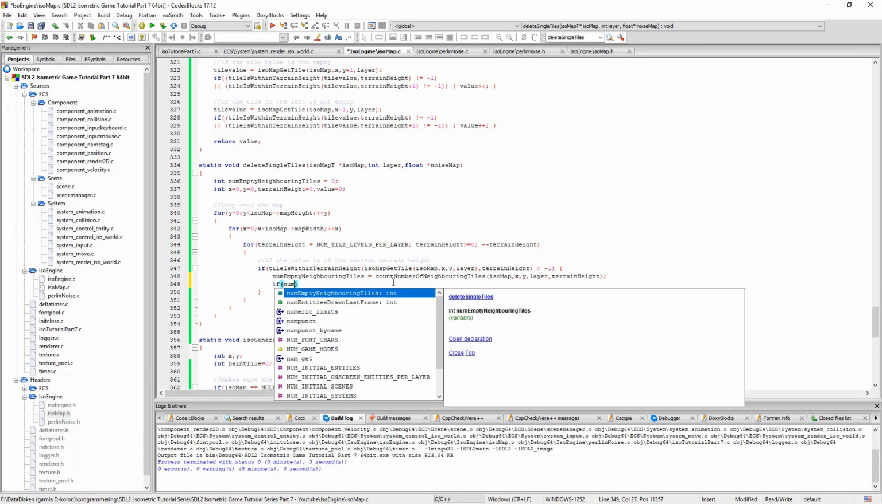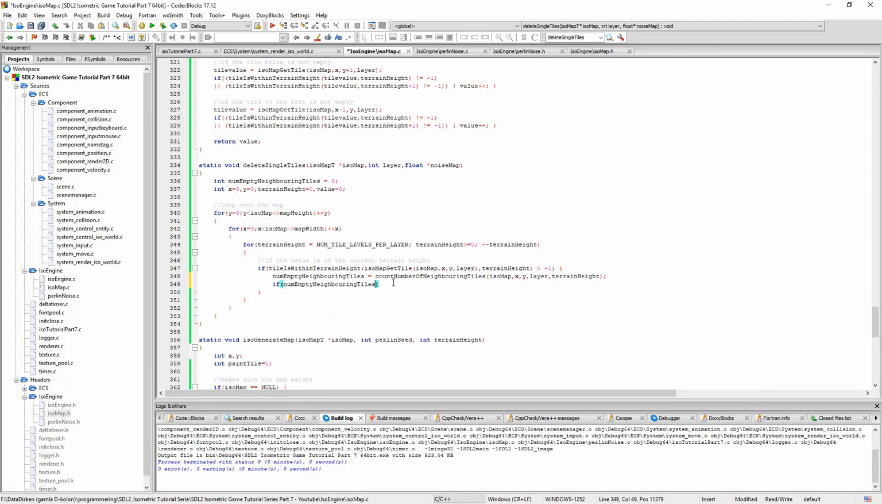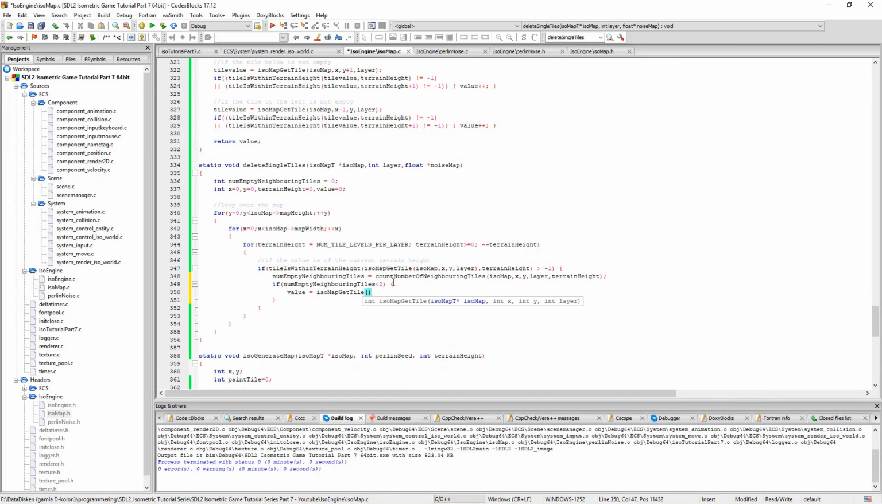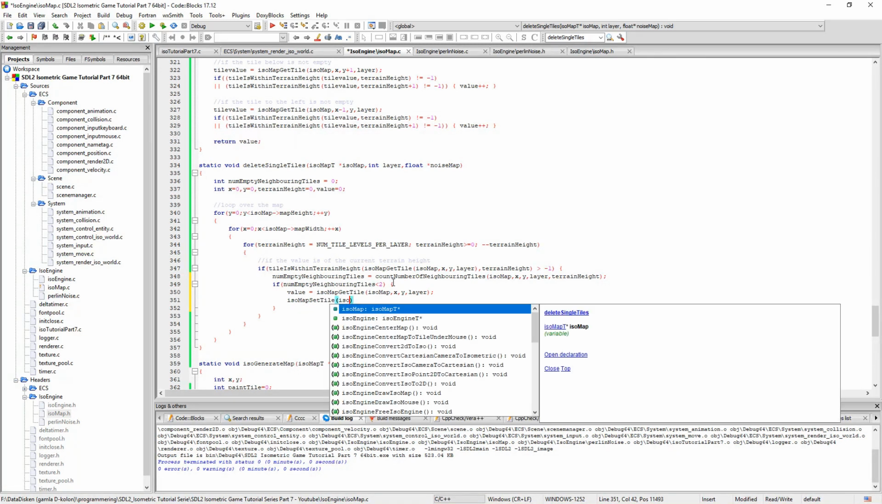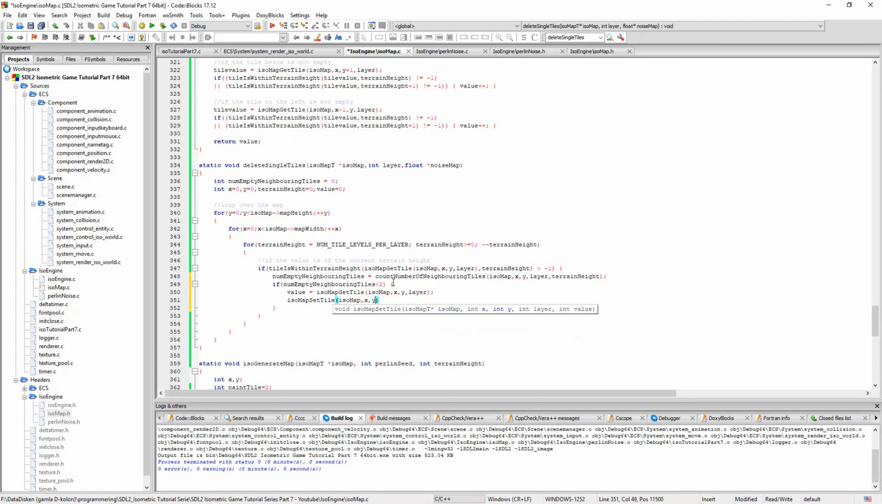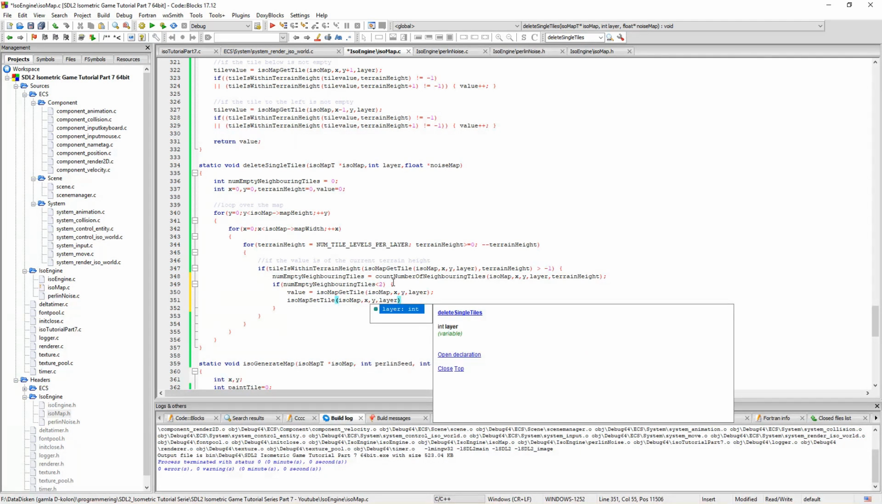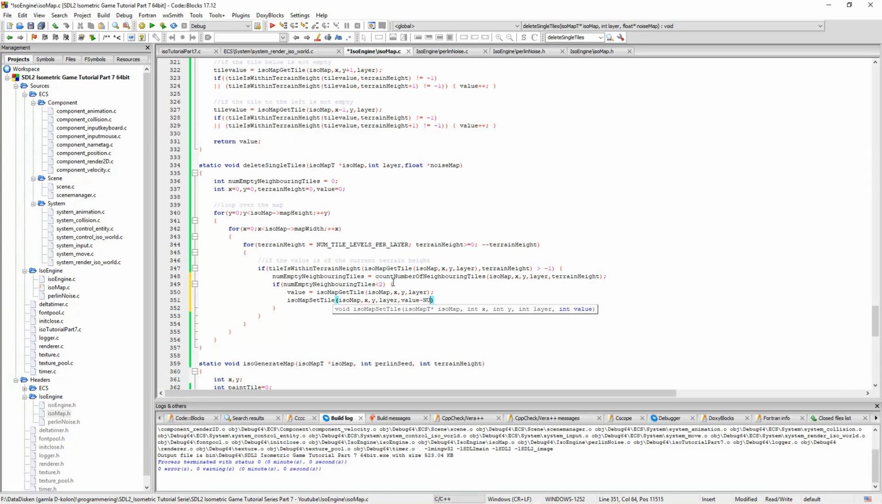And if num empty neighboring tiles is less than 2, that means that is 1 or 0, you can say the value is equal to isomap get tile isomap xy and layer. Then we're gonna say isomap set tile isomap xy layer comma value minus num tiles per row